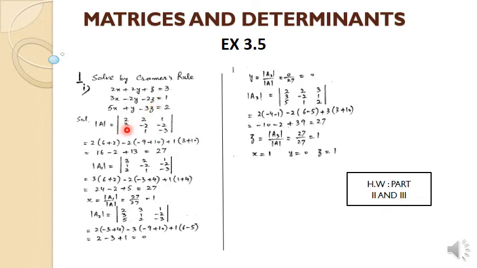So what are the coefficients? 2, 2, 1 and 3, minus 2, minus 2 and 5, 1, minus 3. So how to take the determinant? First we take 2, then eliminate this column and this row, then for the determinant left, we find the determinant of this matrix. So similarly we get 6 plus 2, and similarly for minus 2, minus sign of